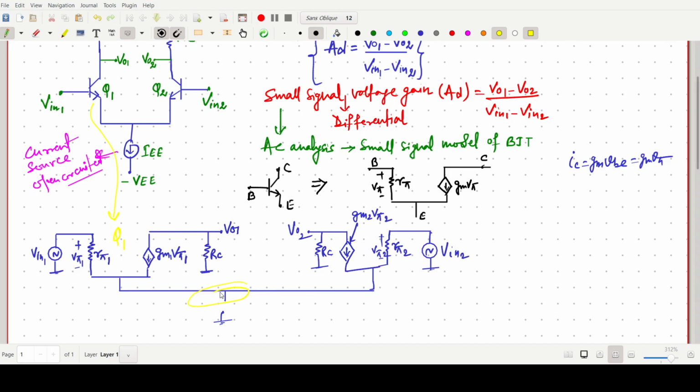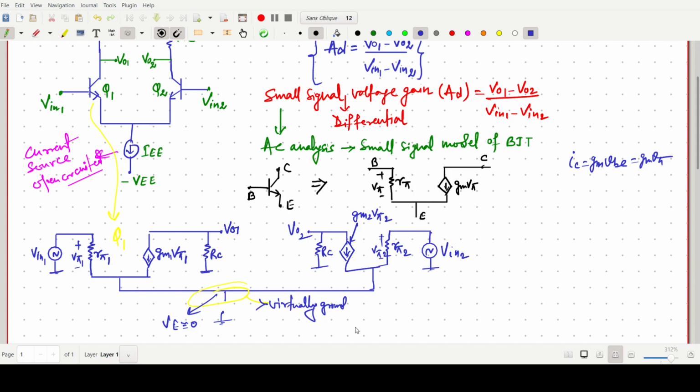This point is nothing but simply virtually ground, or we can say this potential. If we say this one is our VE, the common VE is nearly 0. Okay, so this one is one model. Now